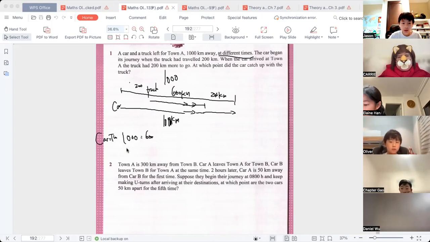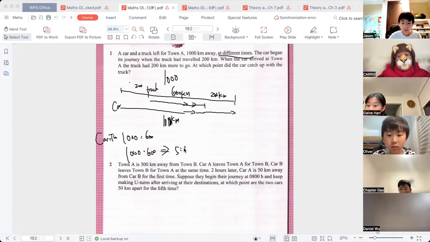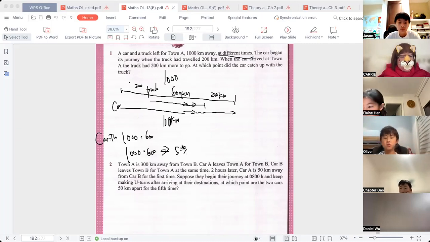Is it the same, 5 to 3? Very good. Still 1000 to 600, and if you simplify it, it's 5 to 3. Understood, everybody? OK, 说明这个车比卡车开得快呀，对不对？OK，好了，那他们两个人的速度，一个是5，一个3，那很简单。